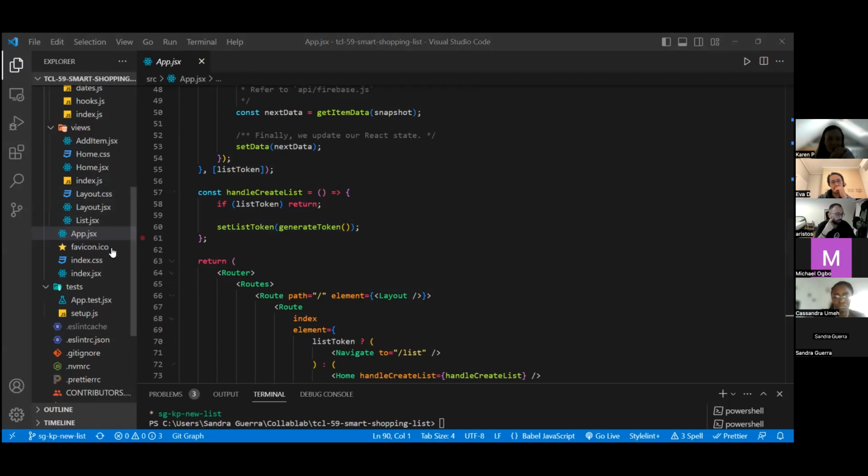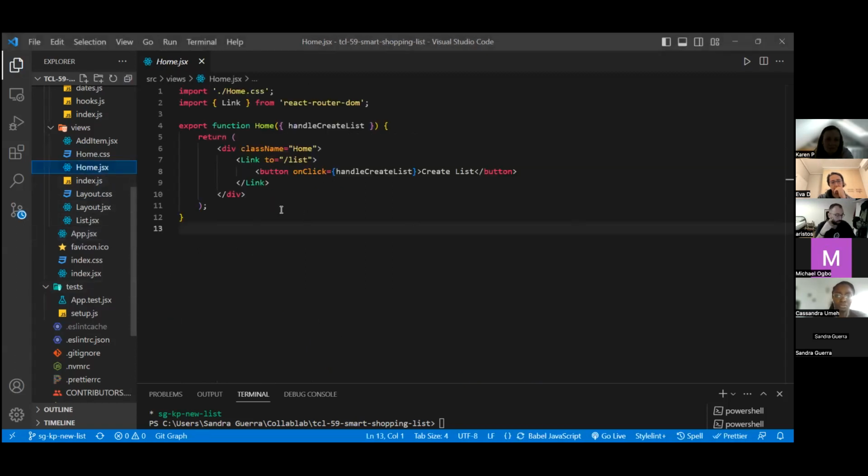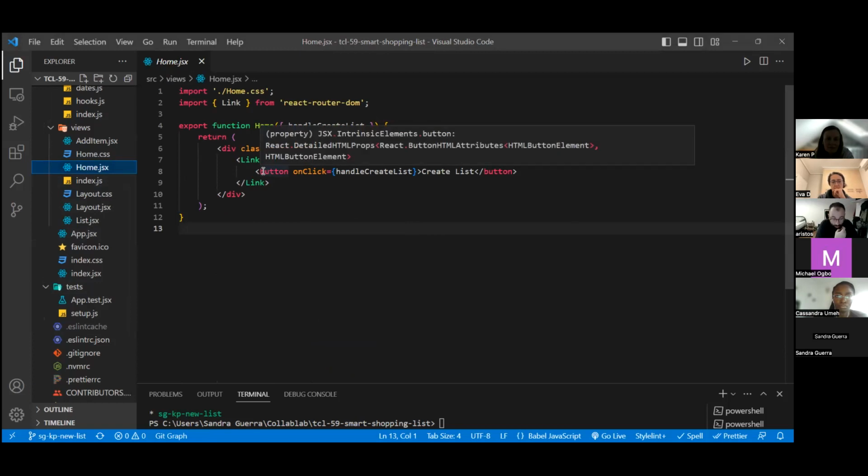Also, in the home component, what we have modified is that this component accepts this prop called handle create list. And we use the link component from the React router DOM package so we could create a clickable link to a path specified in the to attribute.